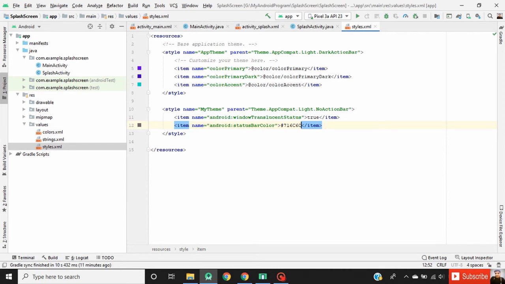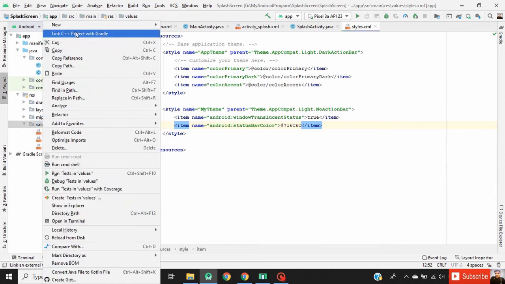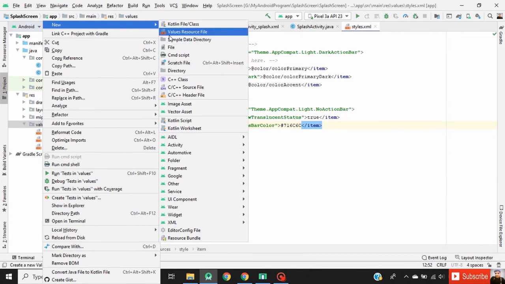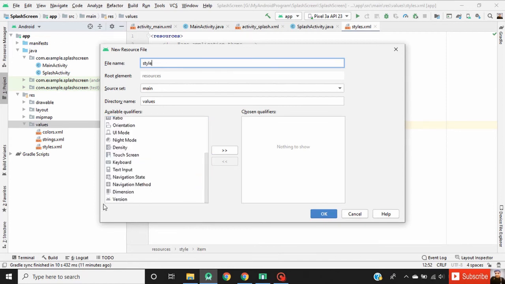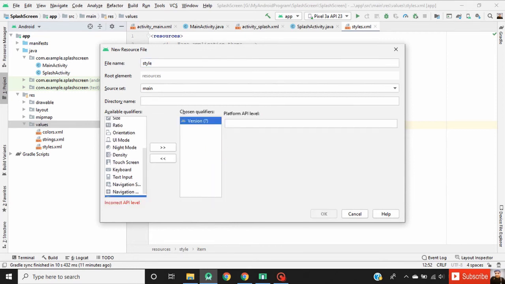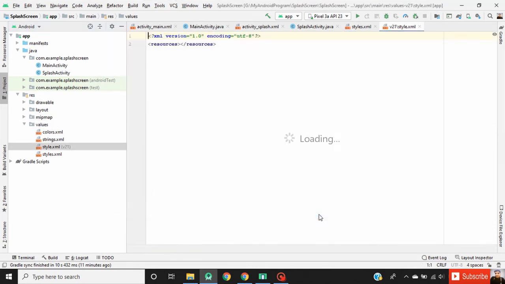So right click on values, new values resource file, name it as styles, and from here click on version, then double click on the arrow and here write our API version, then click on OK.